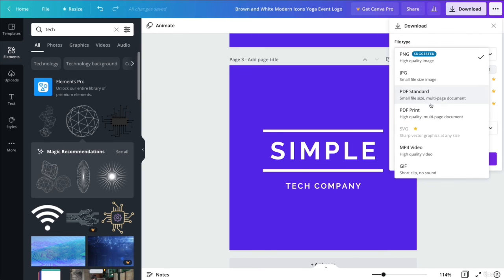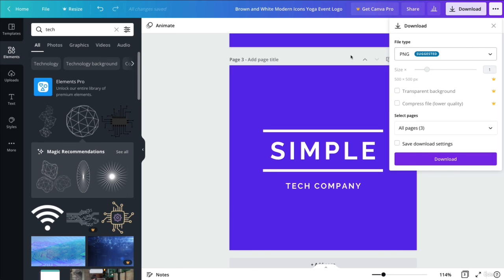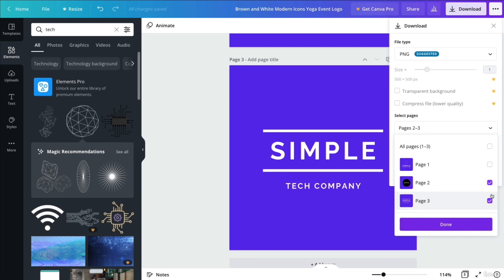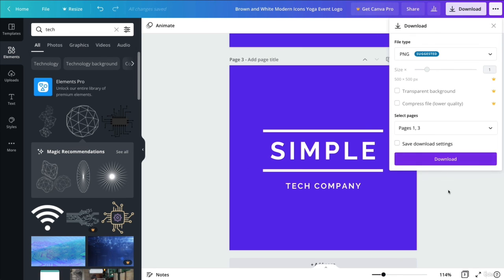So if you want to send an email, for example, it's going to be easy and fast to download. So definitely something to keep in mind. Be sure to have all of the pages selected that you want to show, or alternatively simply select the concepts which you want to show the client, and then click on done and then download.